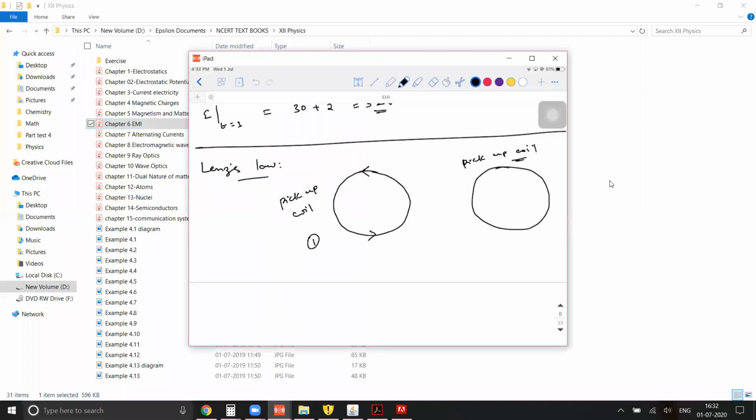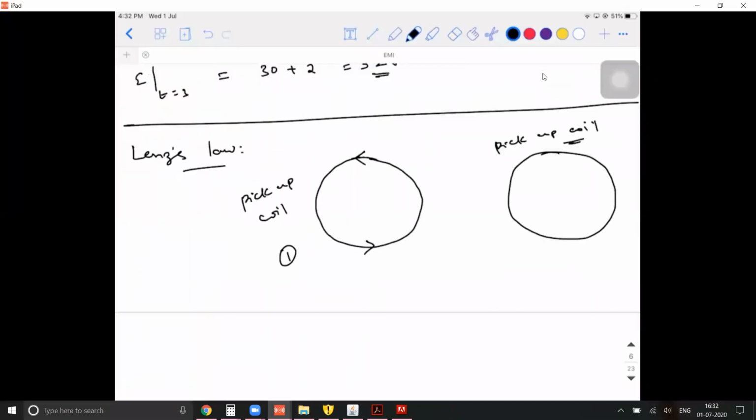There is a shortcut. Don't get scared, okay? There is a shortcut. I'm teaching only for you to absorb the concept. Why is this happening? So concentrate. Let's look at it like a story. You have a pickup coil. You have a magnet which is nothing but your pen. You dropped it on the paper.